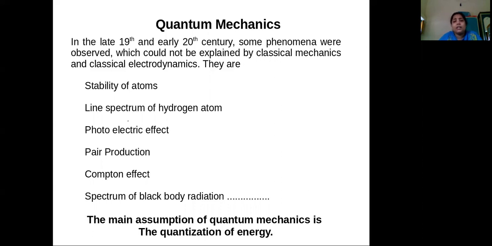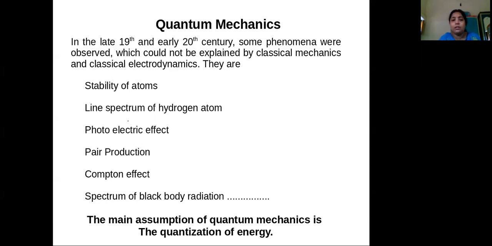Quantum mechanics is the more general thing. It is a generalized form, and under some limit, it transforms to classical mechanics. But quantum mechanics is the generalized form where the quantization of energy is really very important. It is not that everything happening at the subatomic level will be treated by quantum mechanics. Not the case. But the quantization of energy is very, very important.